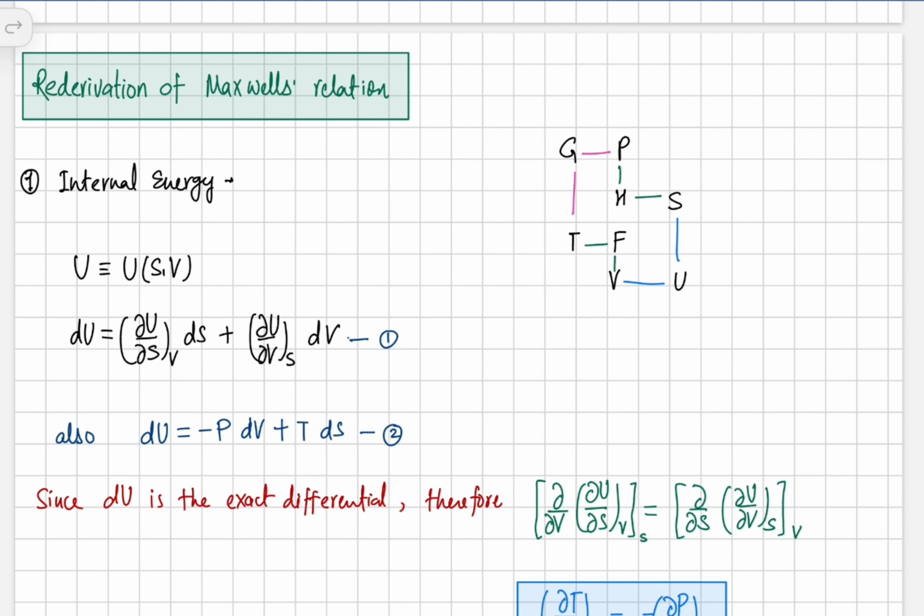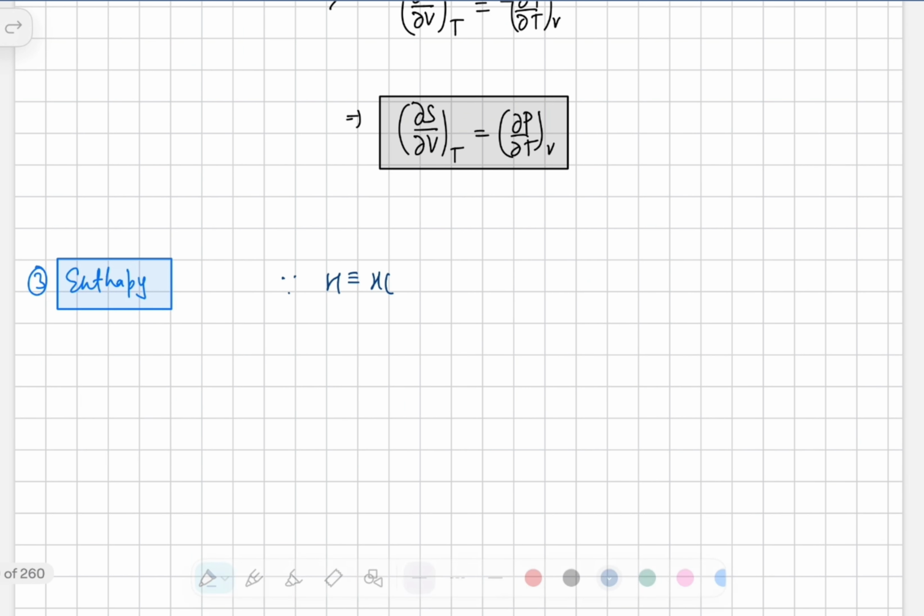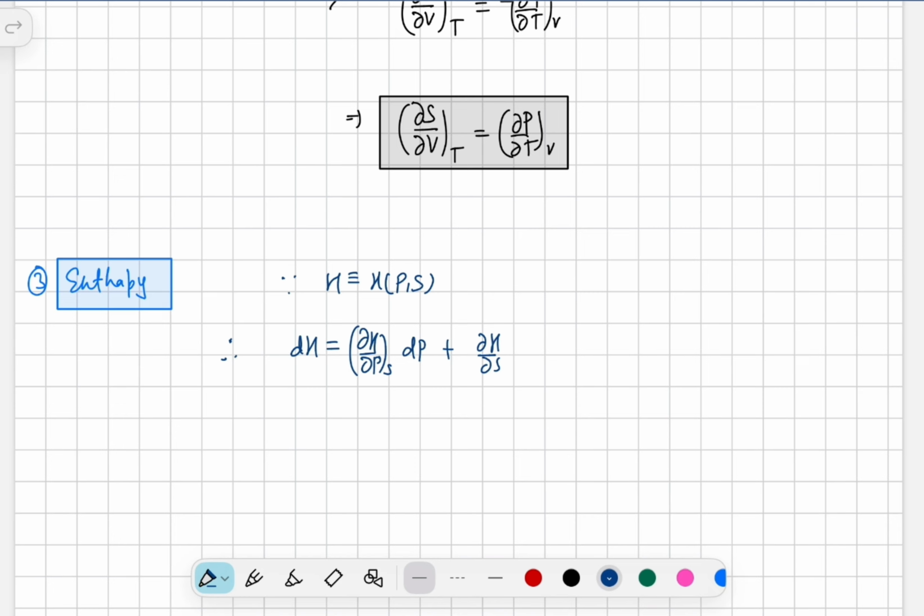P and S, both are in the positive direction, P and S. Therefore dH equal to del H by del P at constant S into dP plus del H by del S at constant P into dS, equation 1. Also dH equal to